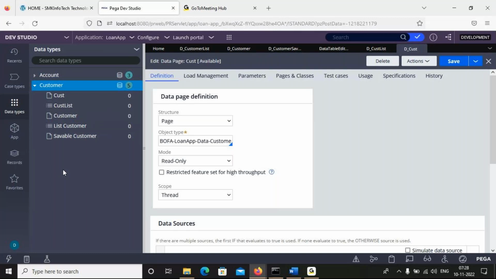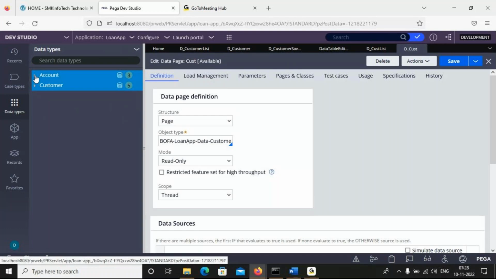By seeing that, we need to understand single page, list page, multiple record, single record, and saving, inserting purpose, updating purpose, savable. The same way we need to create it, but it is already there, right? That's why I gave the shortcut like this. So the same thing here also. Account information, you need to bring it, use this information. Single record, multiple records. If you want to save and update, we can use savable data, account database.